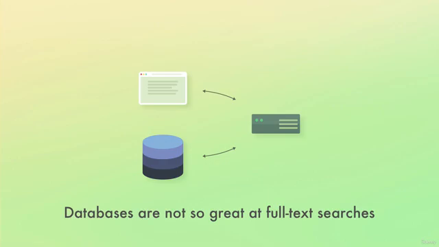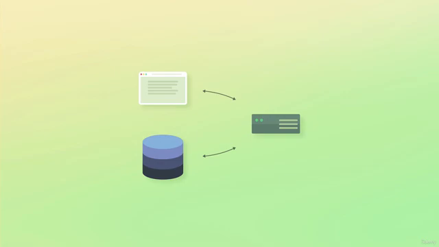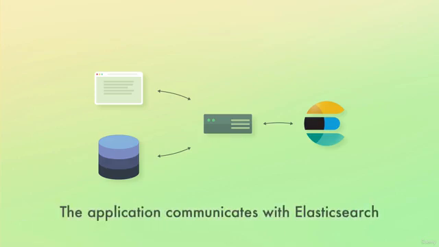So after looking around online, we decided to go with Elasticsearch, because that seems to be the best tool for the job. That's an excellent choice, but how do we integrate it with our current architecture? The easiest way is to communicate with Elasticsearch from our application. So when someone enters a search query on our website, a request is sent to the web application, which then sends a search query to Elasticsearch.